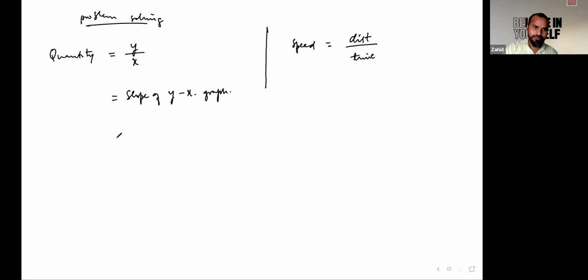And there is a third term related to this. If there is a function of y with respect to x, and we want to calculate this particular quantity q, so we just differentiate that particular y with respect to x, likewise dy over dx. So we have three different ways according to the given input in that particular question.